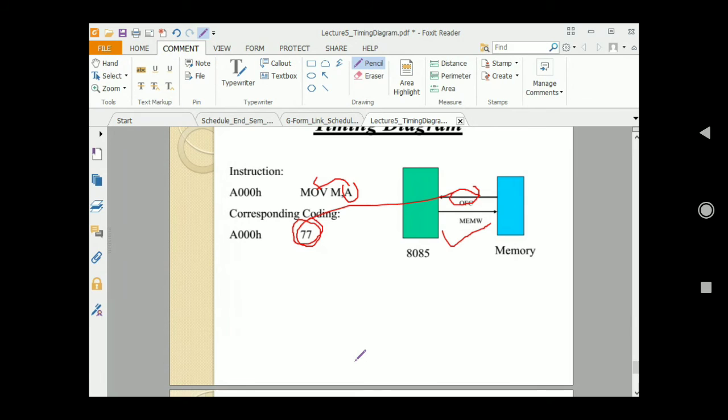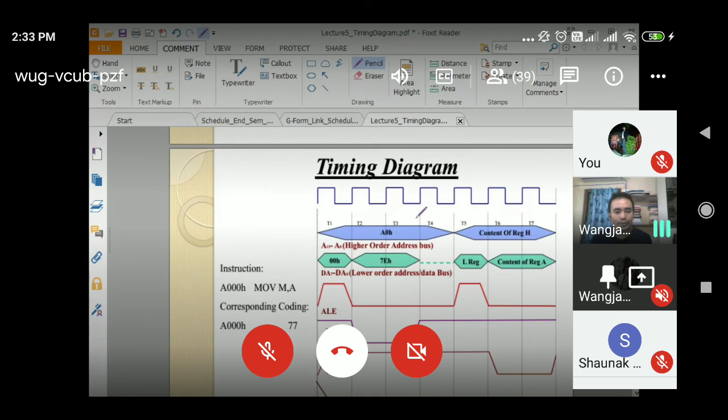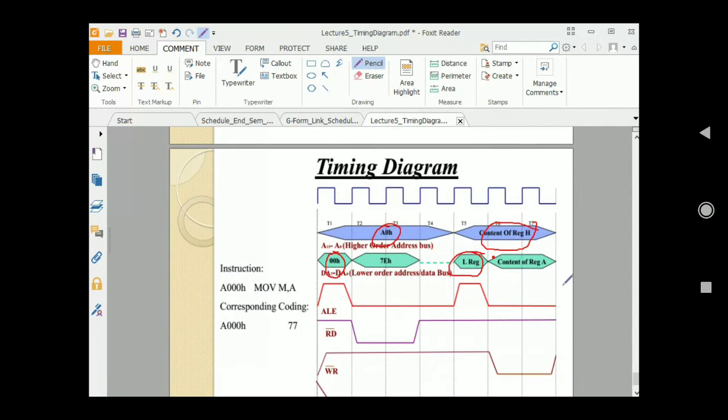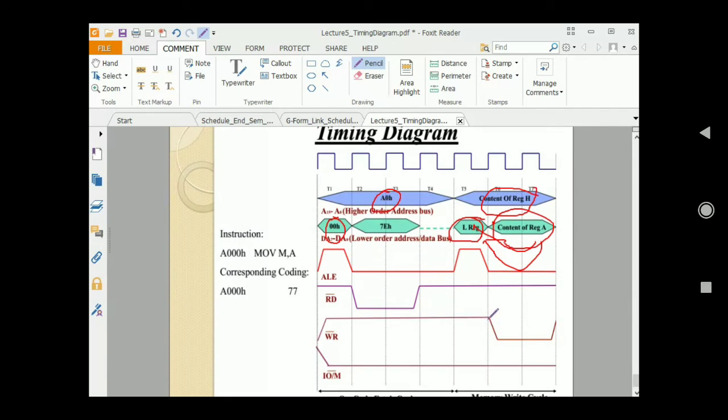So two cycles are there. One is the memory write cycle, and another is the opcode phase cycle. So two cycle इधर में represent करेगा. So first it is nothing but higher order A0 है, तो higher order इधर है, lower order इधर आ गया. Again, this is H is my higher order address, and this is my lower order address. L is my lower order. The content of A is going to be written in my register. That's why the write operation generate किया.